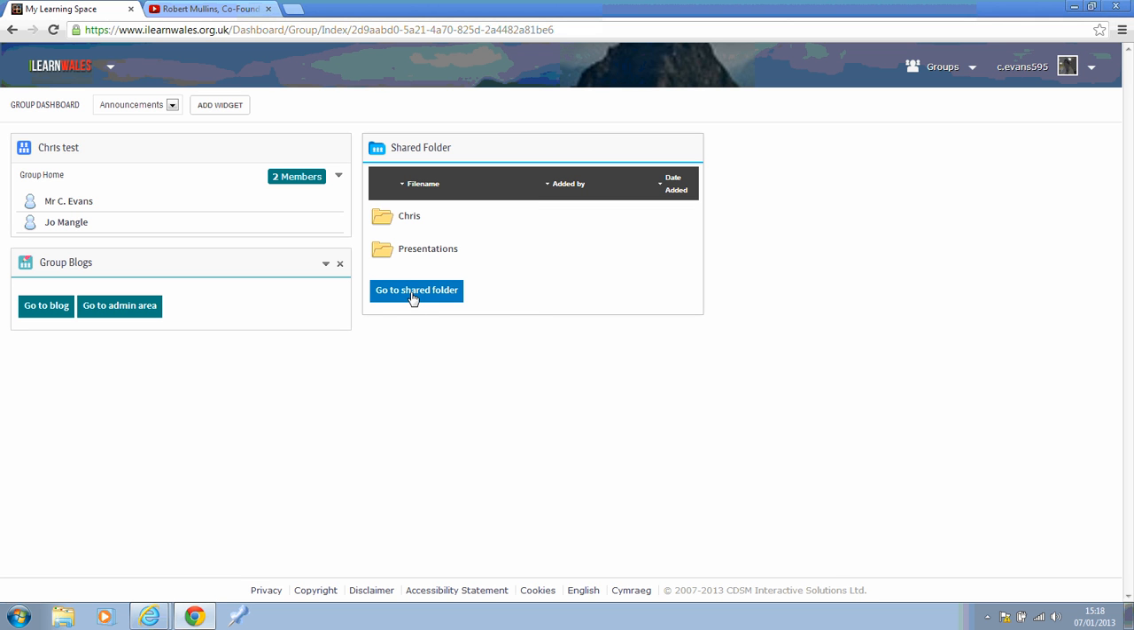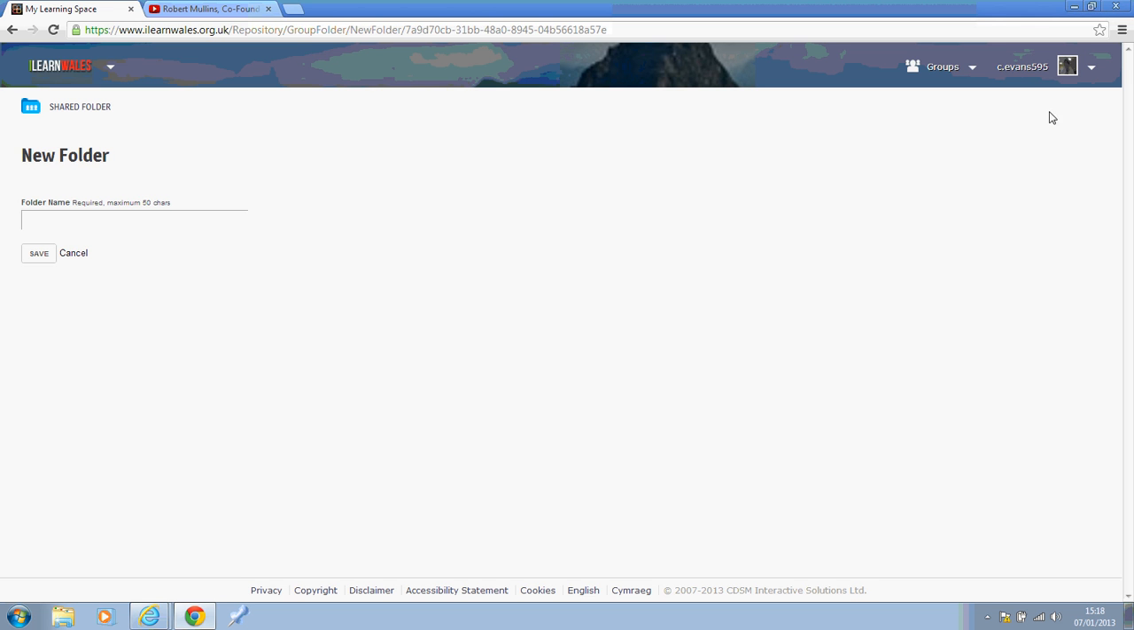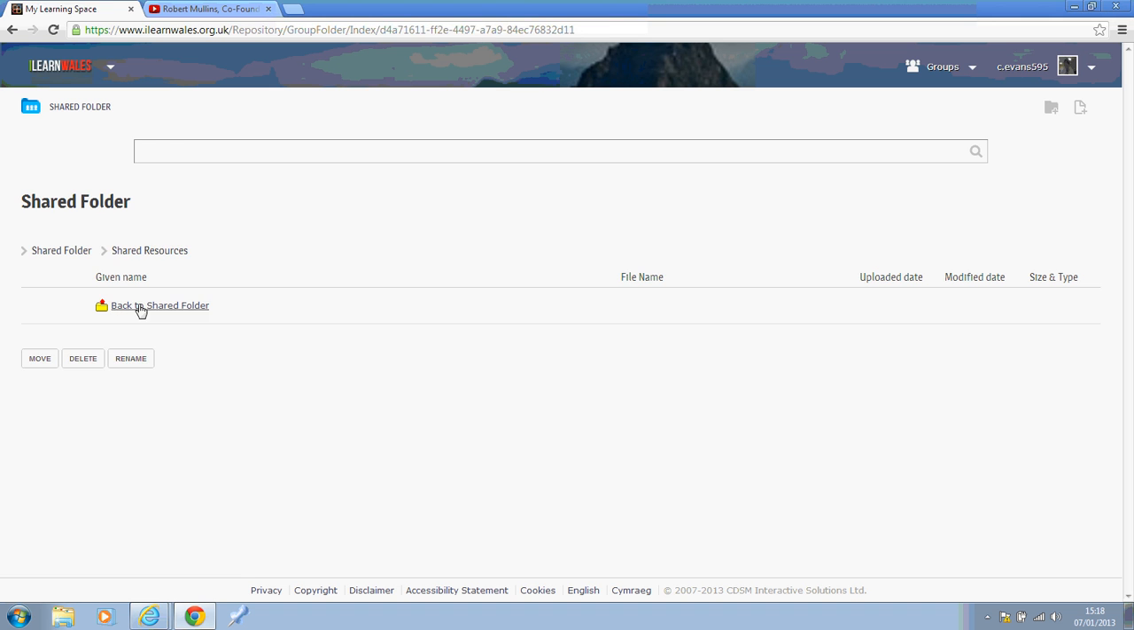Pupils can save resources here, so it's almost like a shared area on the group page. So if we go to shared folder, I've already created two subfolders, Chris and presentations. This is easy to do. If you come to the right hand side of the screen there, and you've got new folder there, as you hover over, click on new folder, and you can give the folder a name. So I'll just put shared resources. Okay, click save, and you can go back to shared folder,